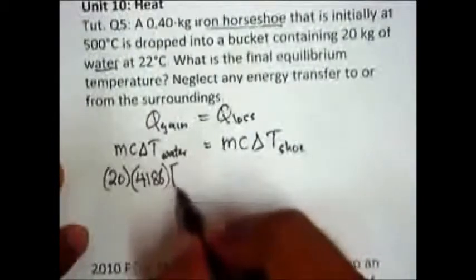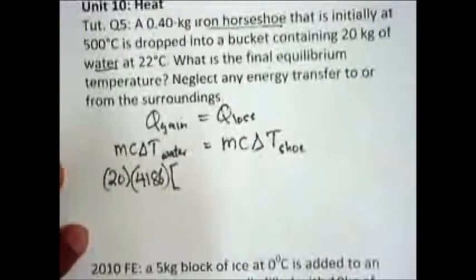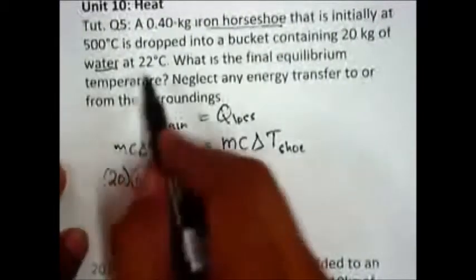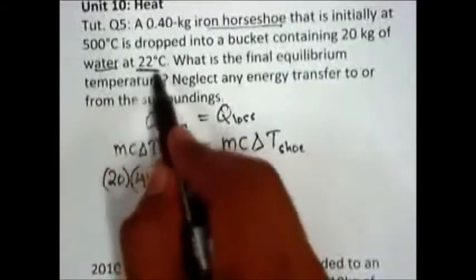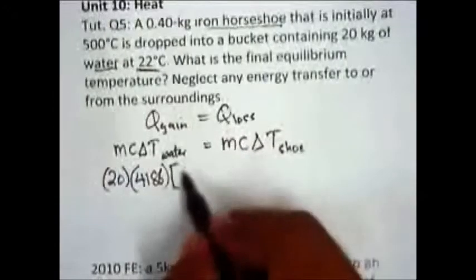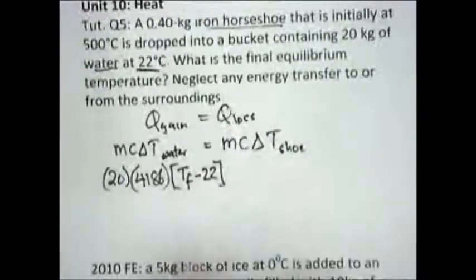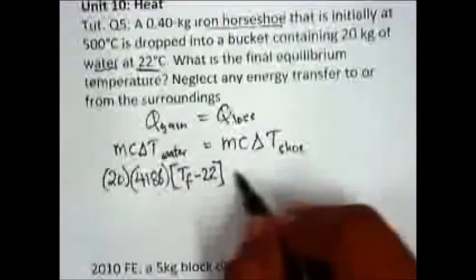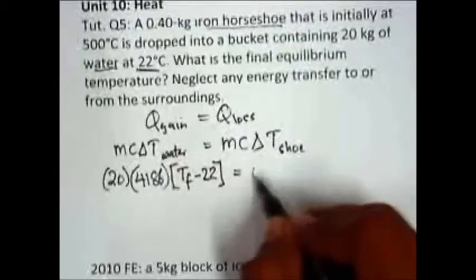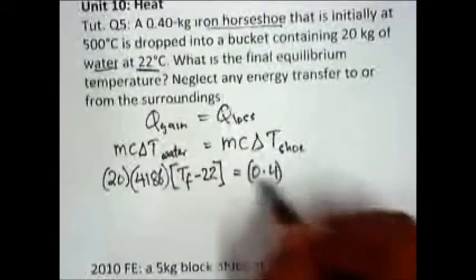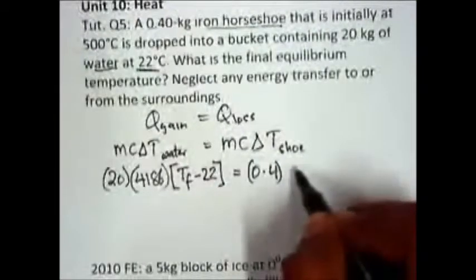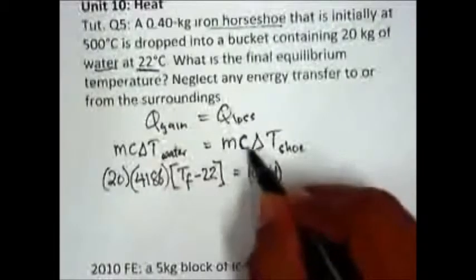And delta T would be the final temperature minus the initial temperature. Water is initially at 22 degrees, so it will be final minus 22, is equal to the mass of the horseshoe, 0.4, and the heat capacity of the iron,